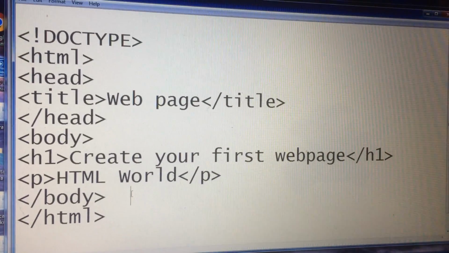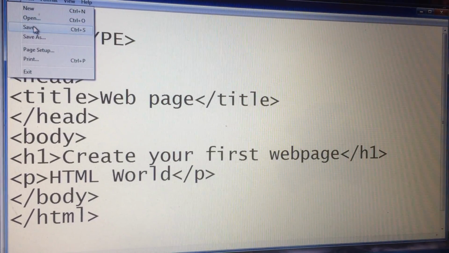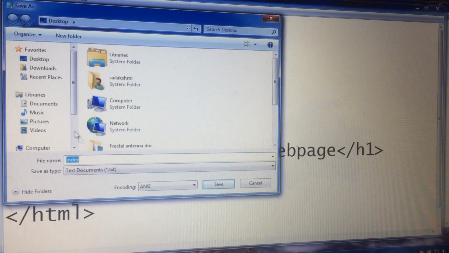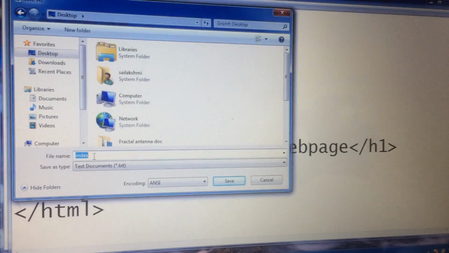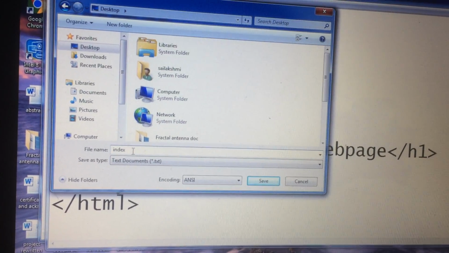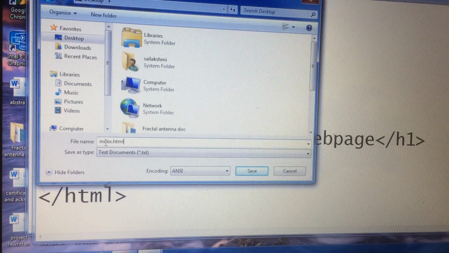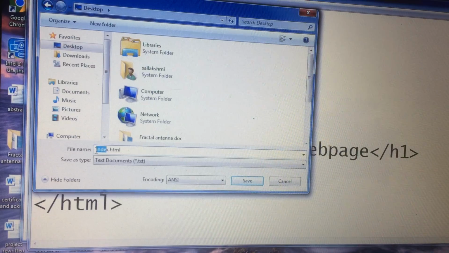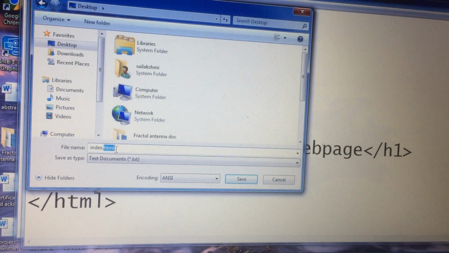So after writing the program, we have to go to the file and go to the save as option, and I am selecting desktop to save the program, and we have to give the file name as index.html. Here index is my file name and HTML is my file extension.